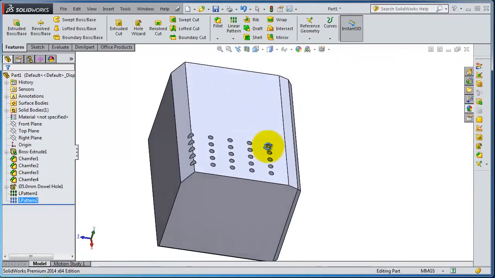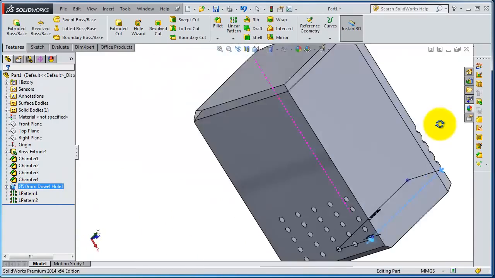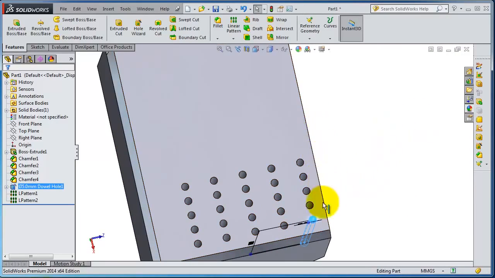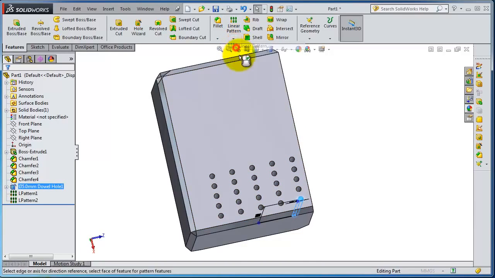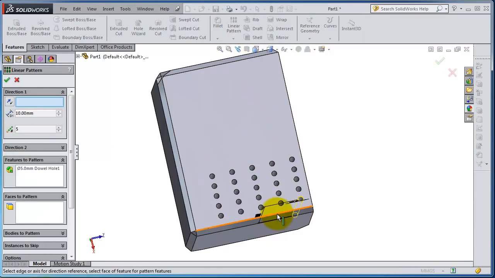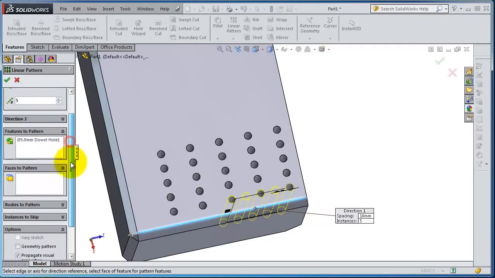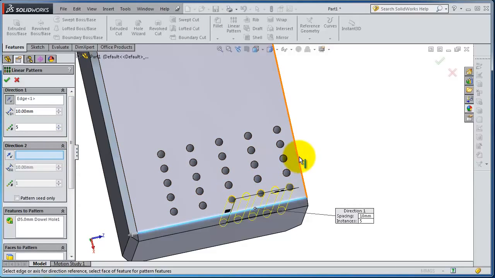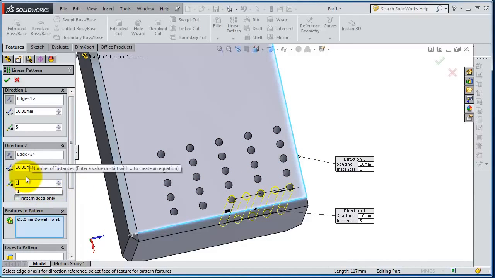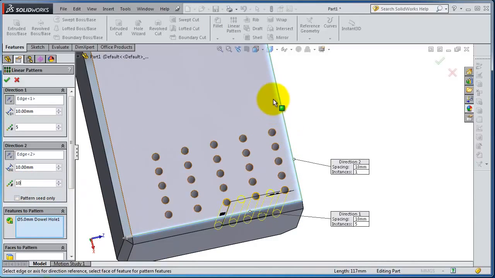so now let's try select this hole and make it on 2 direction, pattern it on 2 direction. So let's select linear pattern, select that, and we have 5 here, you can see it, and then you can select the direction 2, you have the second direction, and then you are able to select that edge. So let's make the number of instances to be 10, so you'll be able to see